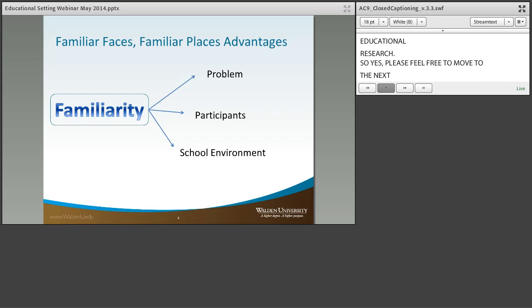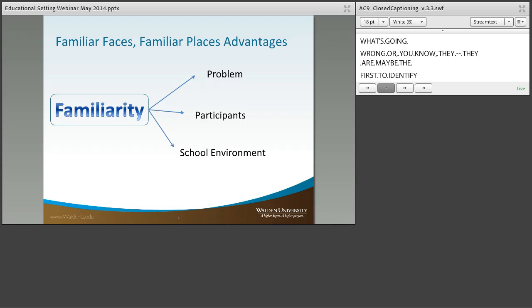Okay, and we often get a question from students that ask if they can conduct the studies in the schools where they are employed. And especially for students in the EdD program specifically, they are really encouraged to conduct studies. The purpose is to address a local problem. And there's certainly many, many advantages to doing this. They are very familiar with the problem. They've experienced it firsthand. They understand the implications of what's going wrong, or they are maybe the first to identify that there is a problem and are finally in a place to try to do something about that.